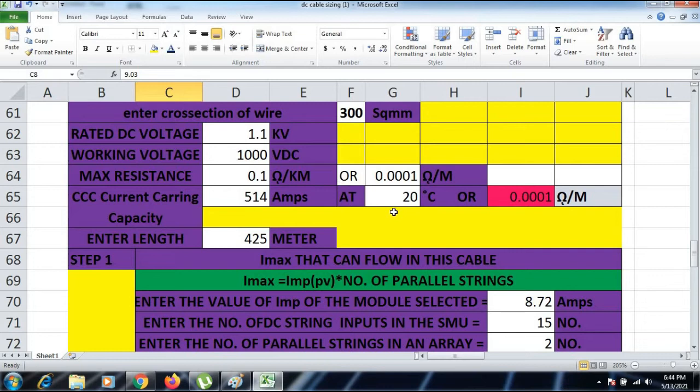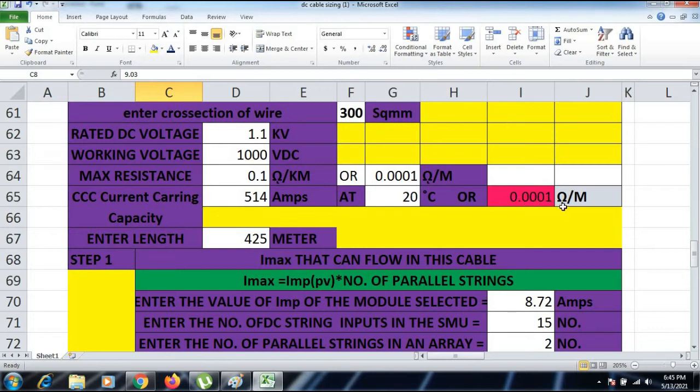You can see the rated DC voltage is 1.1 kV. Working voltage is 1000 volt DC, maximum resistance is 0.1 ohm per kilometer or 0.0001 ohm per meter. Our current carrying capacity for this 300 square mm cable was 514 amps at 20 degrees with 0.0001 ohm per meter. We have taken the entire length of that particular cable as 425 meters.